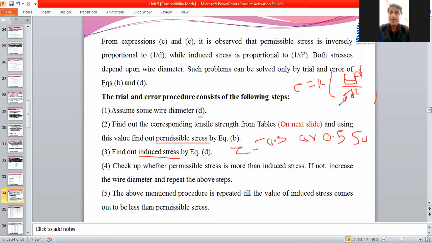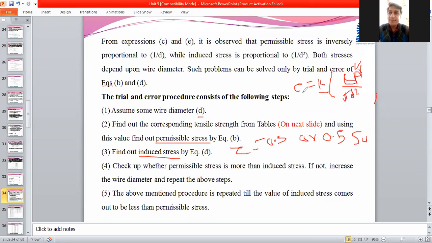In this equation, what we are going to calculate by considering a suitable spring index? Yet we have not calculated the coil diameter, but we are going to select the value of spring index based on its application as we have seen in the previous slide. Getting it? Now 8 is constant. P is the load which is applied on the spring. That value you know because in the first step only you are going to calculate it, in the previous slide. Or normally this load is known for which we have to design the spring.